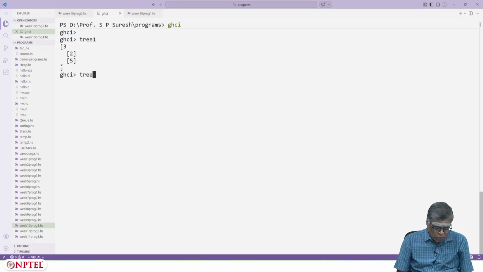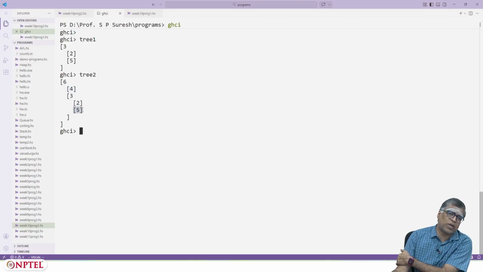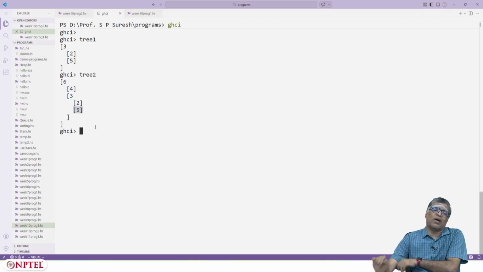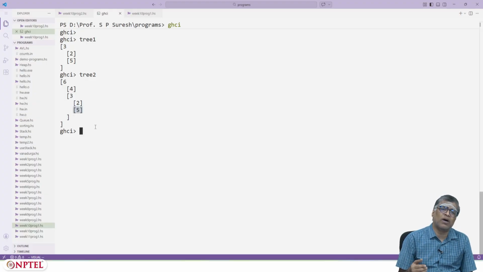Whereas tree 2 has the following structure: the root is 6, the left subtree is just the node 4, the right subtree has root 3, its left subtree is just the node 2, and its right subtree is just the node 5, right. So this is a very simple way of representing trees which is much easier to parse than if you just write node something something.